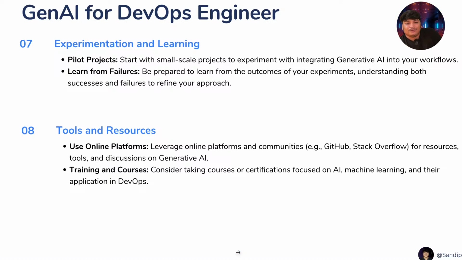Okay, let's first understand. As a DevOps engineer, we are not trained with utilizing AI tools, and generative AI particularly is very new to me. So what you have to do, like anything, for example, when you started with your cloud journey, when you started with say Jenkins, Terraform, what did you do?